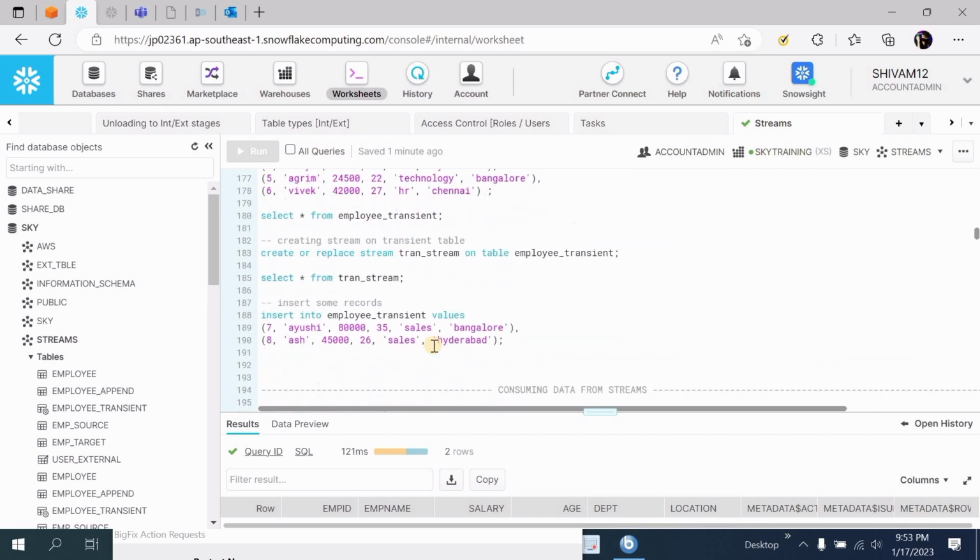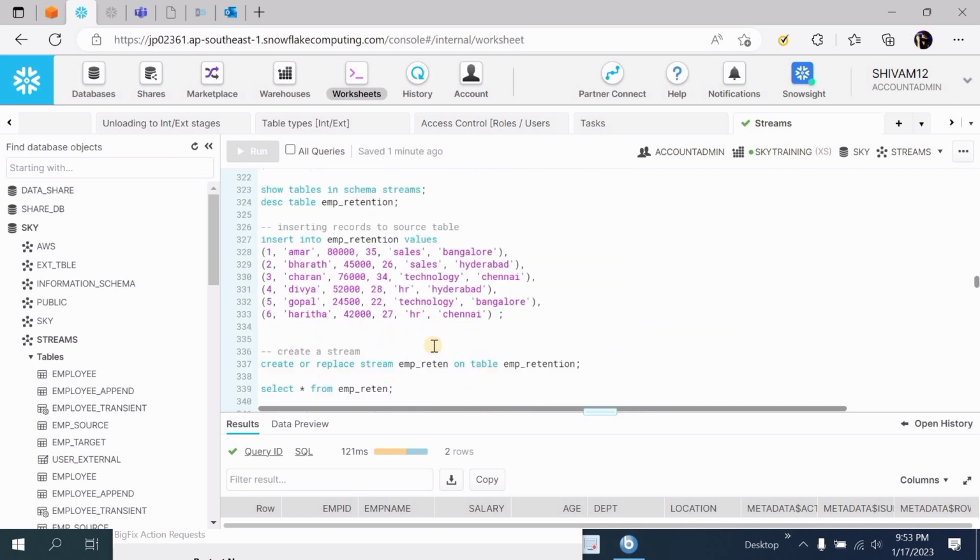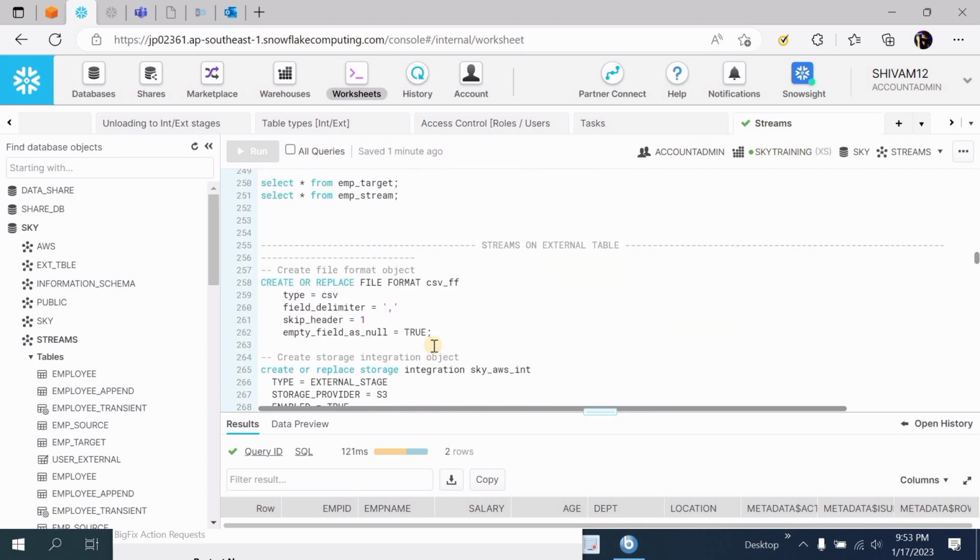From the next tutorial we will be working with a new topic, that is task. First of all we will understand the concept of a task, what a task is, and do the practical of it. After that we will discuss tasks and streams together. Then we will do continuous data loading by using streams and tasks, and we will also learn Snowpipe. We will do lots of examples, because streams and tasks are a very important topic of Snowflake, and we will do streams plus task plus Snowflake equals continuous data loading as well.